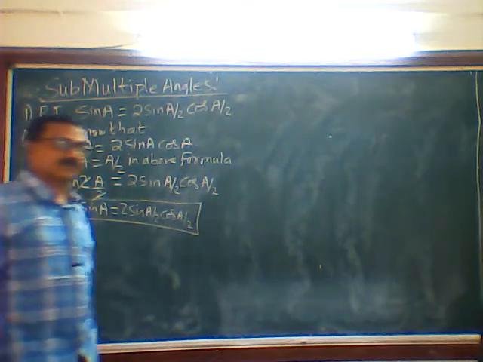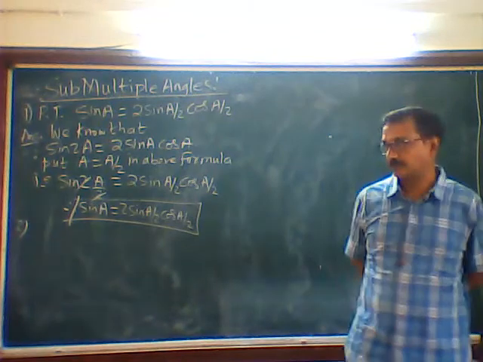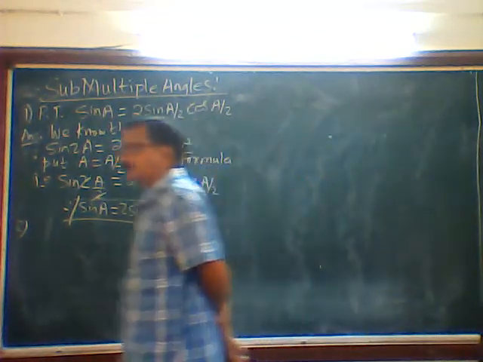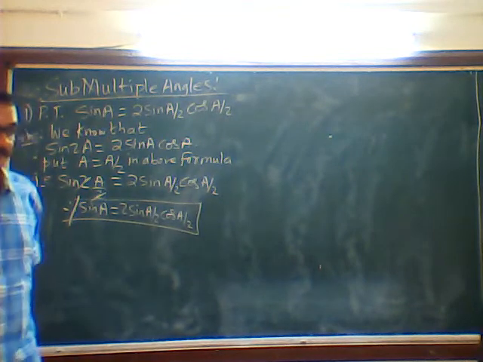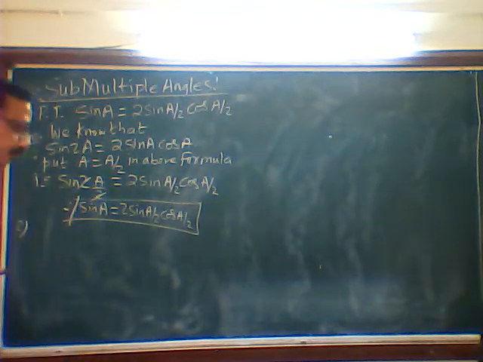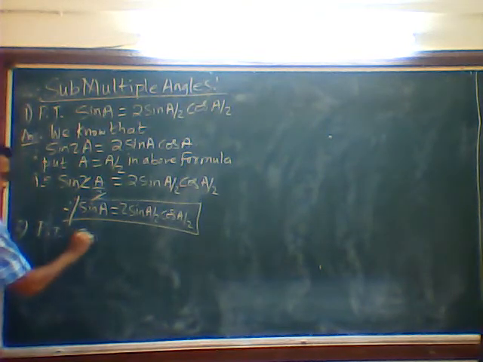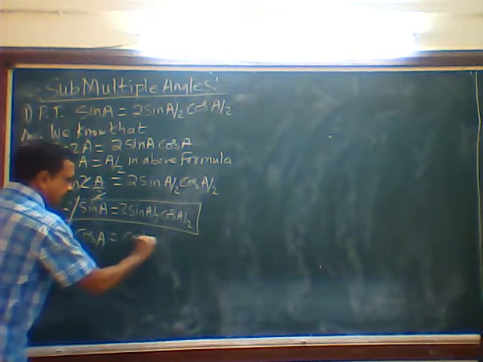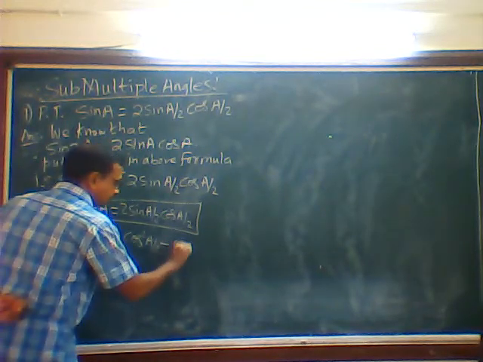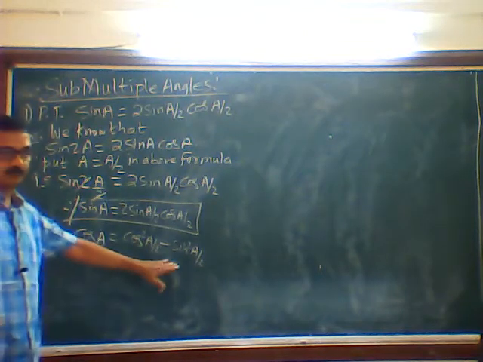Same way for the second one, cos 2A. In the previous multiple angle, cos 2A was cos square A minus sin square A. Now here it will be only cos A. So I will write that formula. Prove that only cos A is what? It is cos square A by 2 minus sin square A by 2. So this is the main formula in terms of cos and sin.